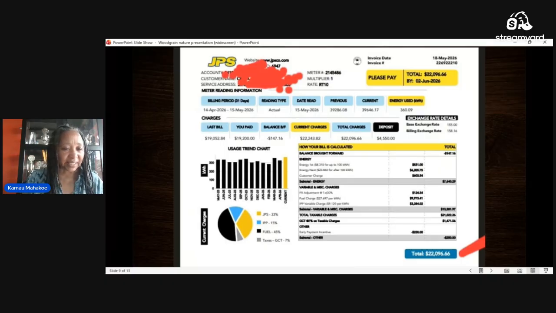So the FX adjustment, that's 1.63%. Because JPS buys fuel in US dollars, this is put in there in case the US dollar fluctuates. You know the US dollar goes up, it comes down. So if it happens that the US dollar goes up at this point in time, they will add that amount, right? The fuel charge also